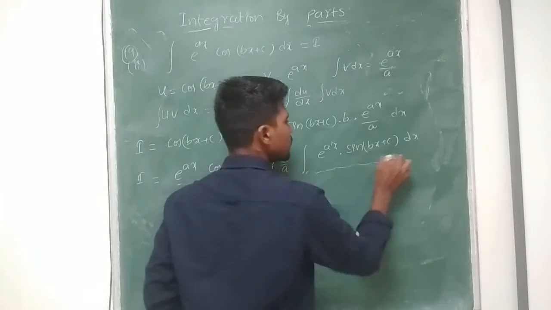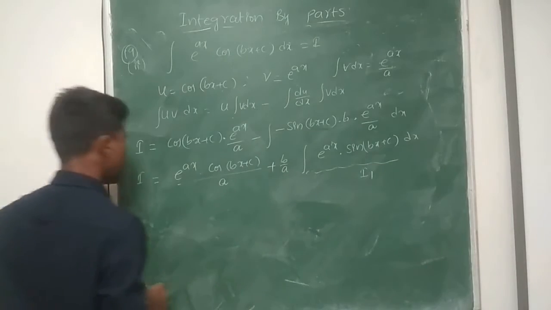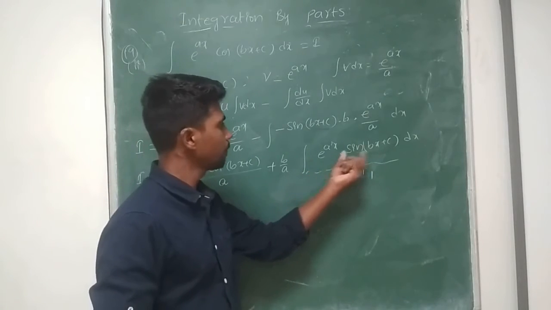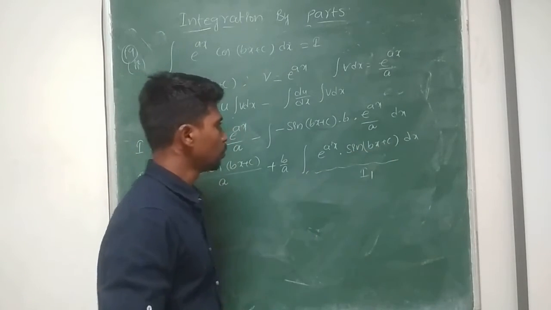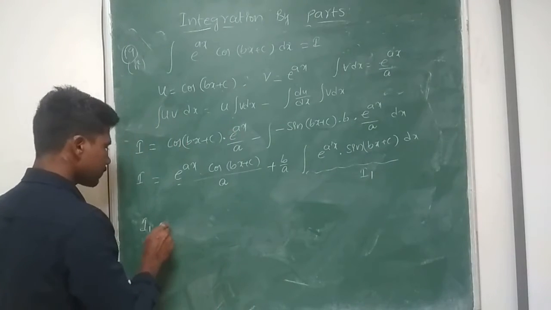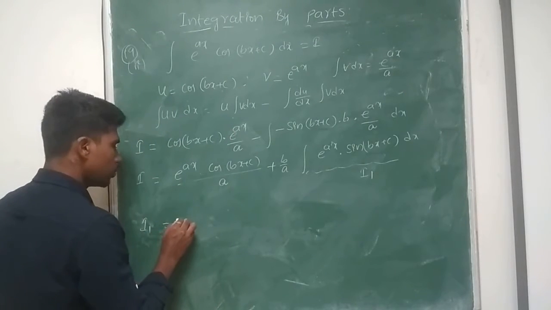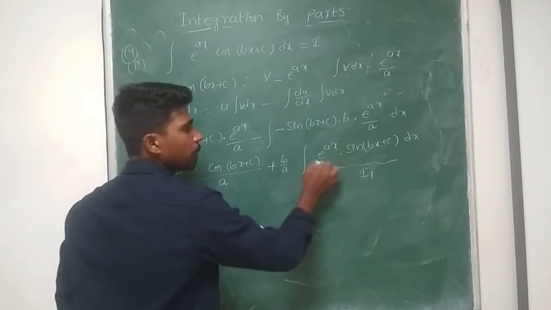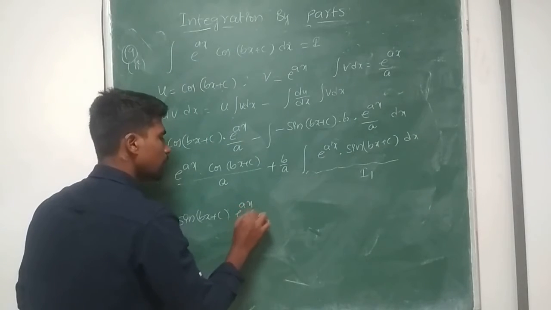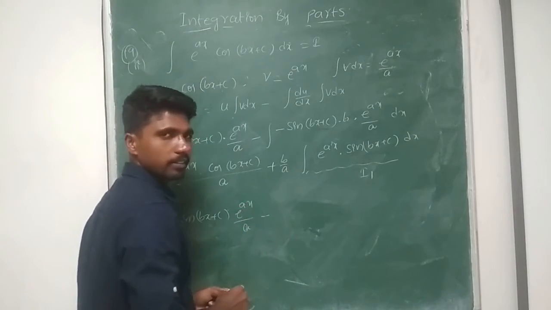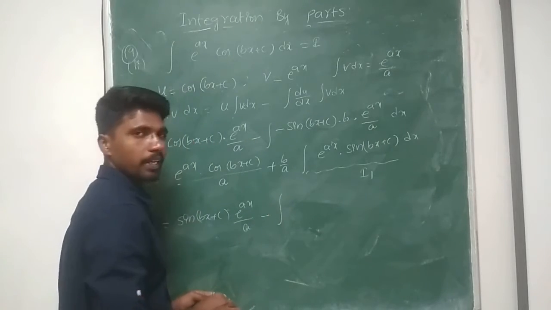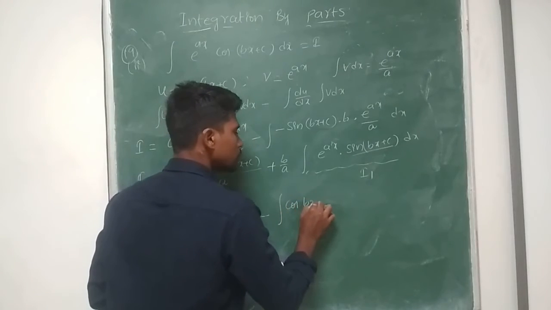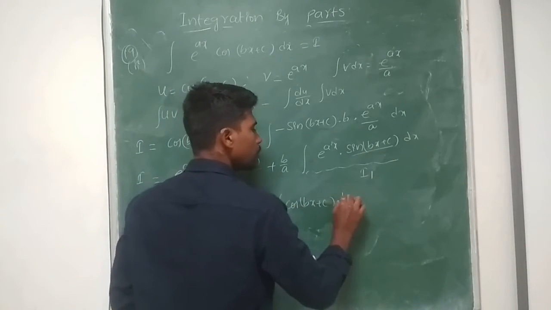If I consider only this particular part as I1, then exponential form acts as v, sin(bx plus c) acts as u. So u into integral v: u is sin(bx plus c), integral e power ax is e power ax by a, minus integral of the differentiation of sin(bx plus c), which is cos(bx plus c) into b